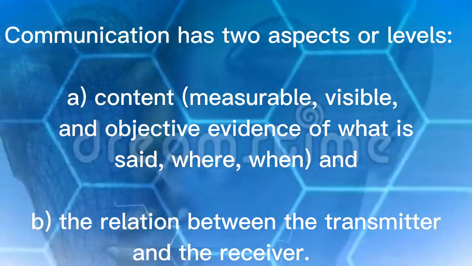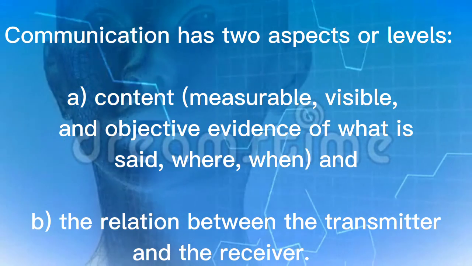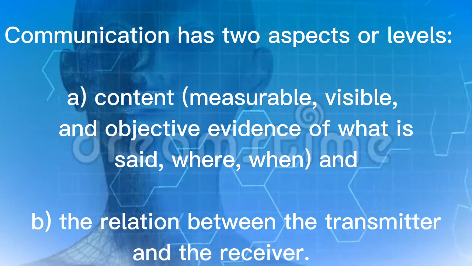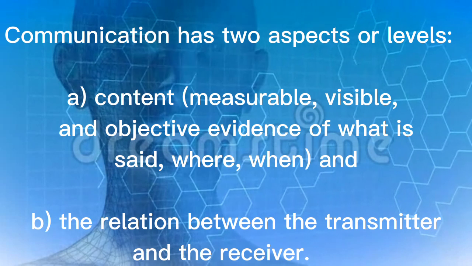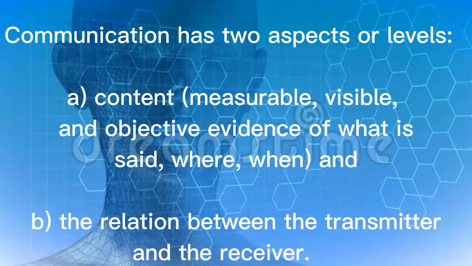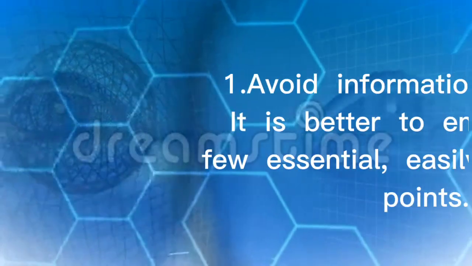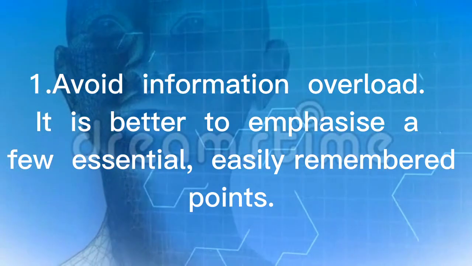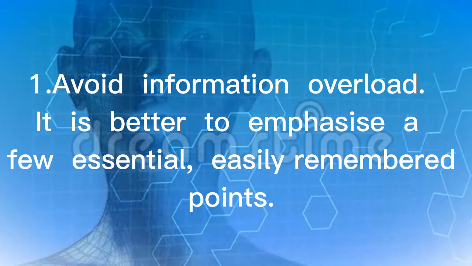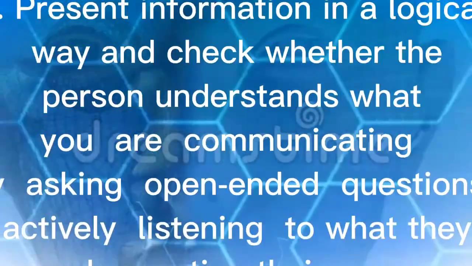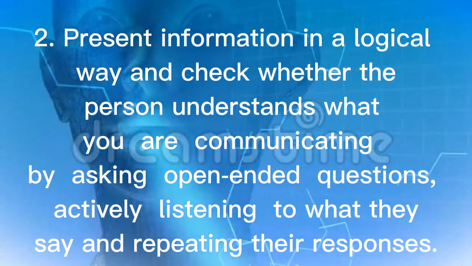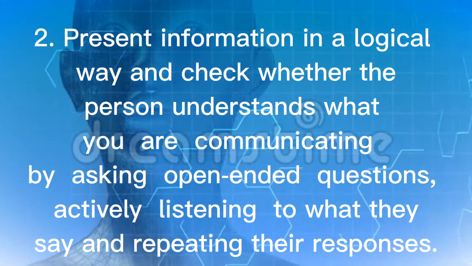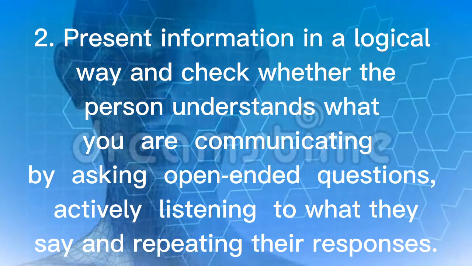Communication has 2 aspects or levels: A, the content, measurable, visible, and objective evidence of what is said, where, when, and B, the relation between the transmitter and the receiver. 1. Avoid information overload. It is better to emphasize a few essential, easily remembered points. 2. Present information in a logical way and check whether the person understands what you are communicating by asking open-ended questions,